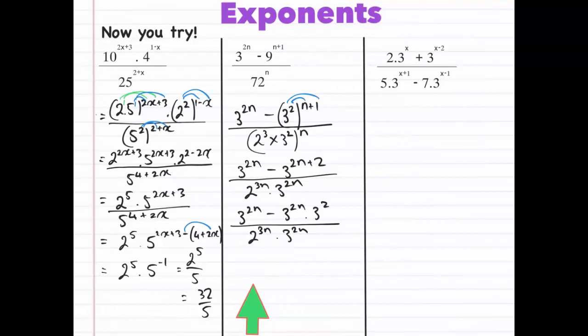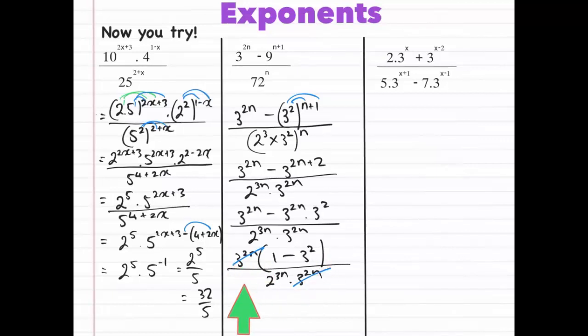Take out the common factor at the top, which is now a 3 to the power of 2n. Leave in brackets 1 minus 3 to the power of 2. And at the bottom, we've got 2 to the power of 3n times 3 to the power of 2n. Those two are the same. They can cancel. I can cancel now because it's one term divided by one term. They're the same. And then I basically have the following left. 1 minus 9 equals a minus 8, because 3 to the power of 2 here is a 9. 1 minus 9 is a minus 8. So it will be minus 8 over 2 to the power of 3n, which can be used as the final